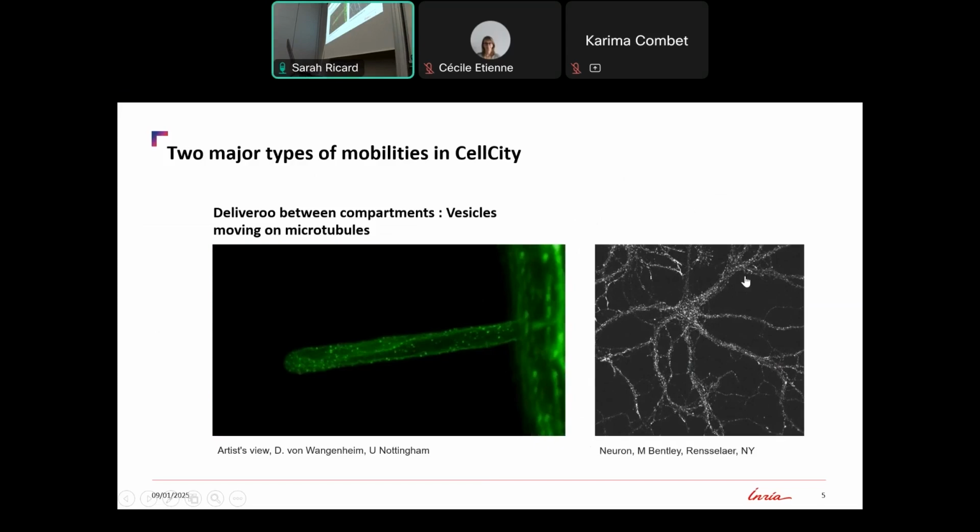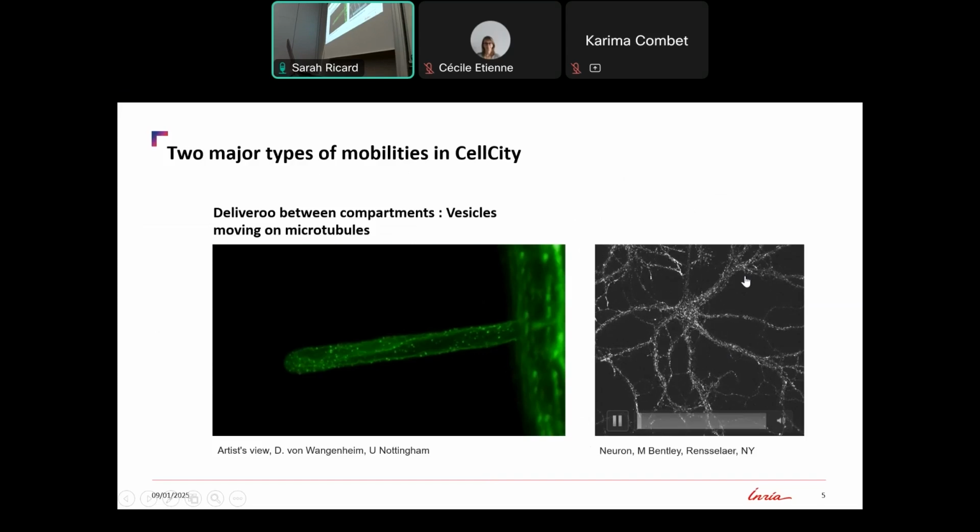You see, for instance, this is an experimental measurement. This is a neuron cell, and you see in white the transportation of the vesicles that go from there to there. It's again very similar to what you could see in the streets of a city, right? So that's the first Deliveroo type of movement between compartments. I won't focus on that today, and I will rather focus on the other type of